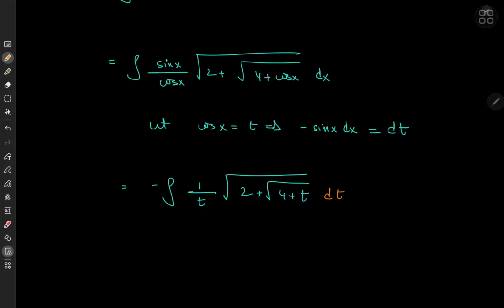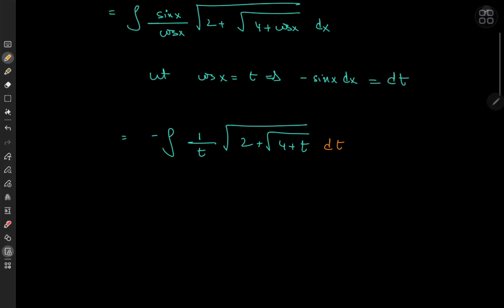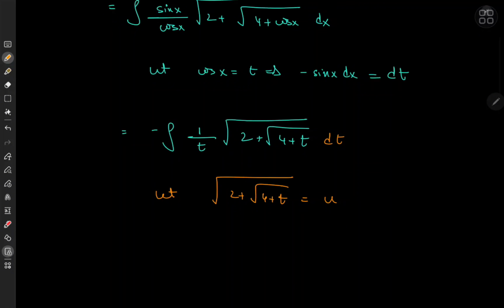And the cool thing about such a structure is that if you just take this innermost nested root and get rid of it, that could help, but you could be one step more brave and say, let's take the entire nested square root and get rid of it entirely so that you're completely devoid of square roots. So the trick is, if you let root 2 plus root 4 plus t equal u,